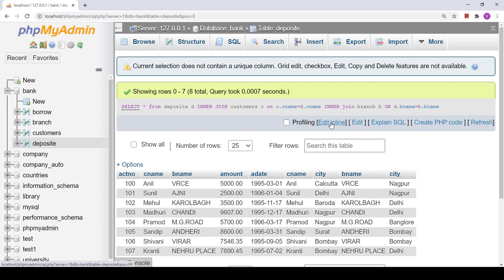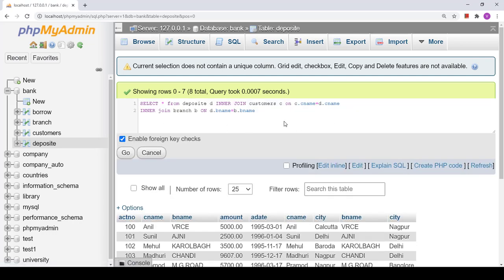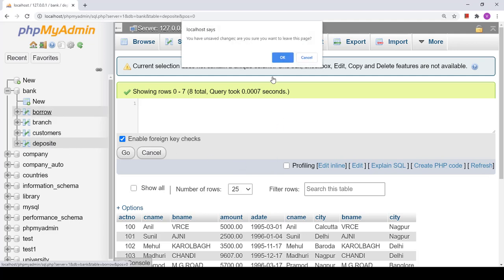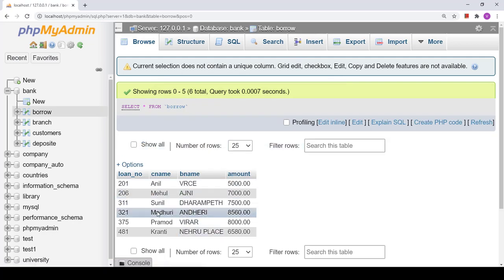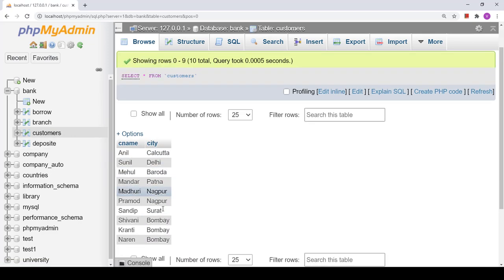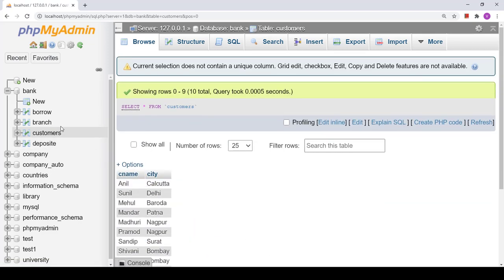Let us join the tables in such a way that we can get this result. I will have one table called deposit, another table called borrow, and the third table will be customers, because we want the living city of the customers.